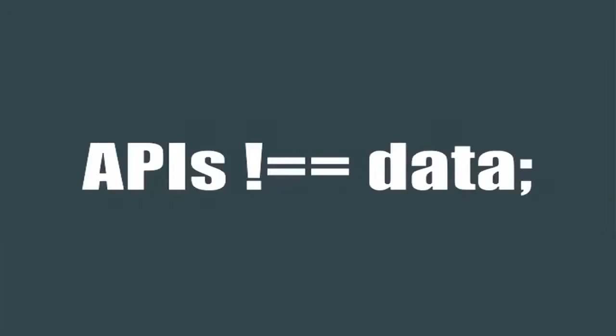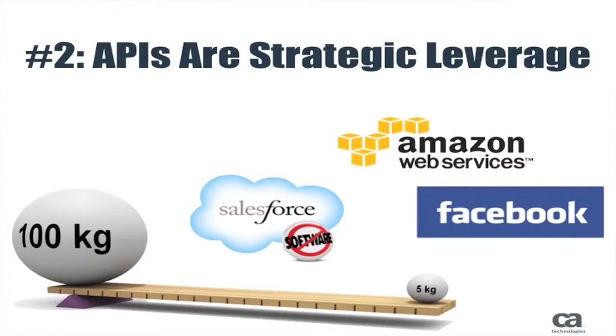Capabilities, jobs to get done, problems, not solutions. It's the same thing over and over again. So the lesson here is your API is not your data. Your API are the capabilities and the actions you provide. Data is how you do that. It's part of the equation. Do not start with data. Okay, so that was lesson number one.